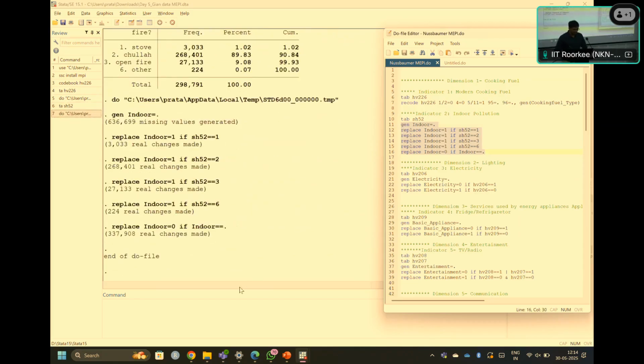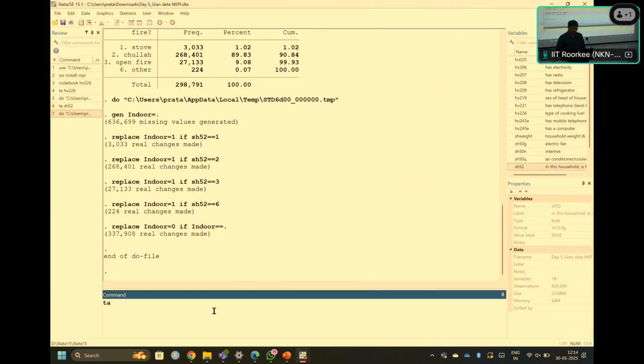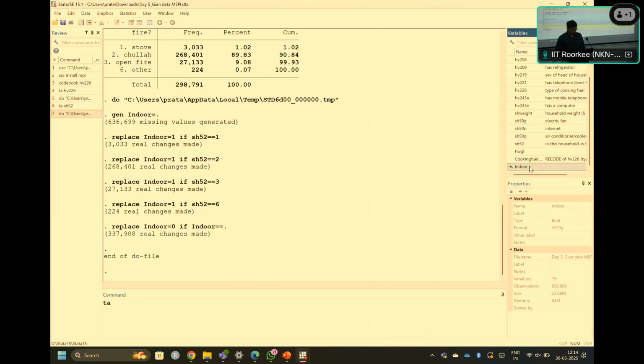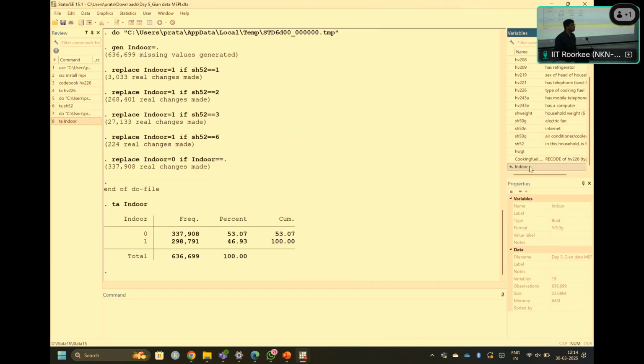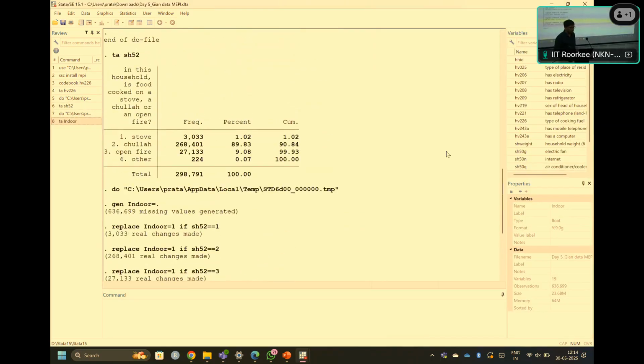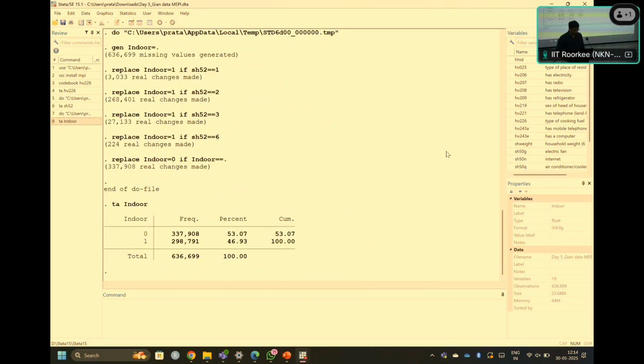Now you can check that indoor on your own again. At the end we have this, so we have this as the frequency. So with all these three categories which we have just defined, having a stove, chula, open fire, and other forms, are within the frequency of 46.93%.